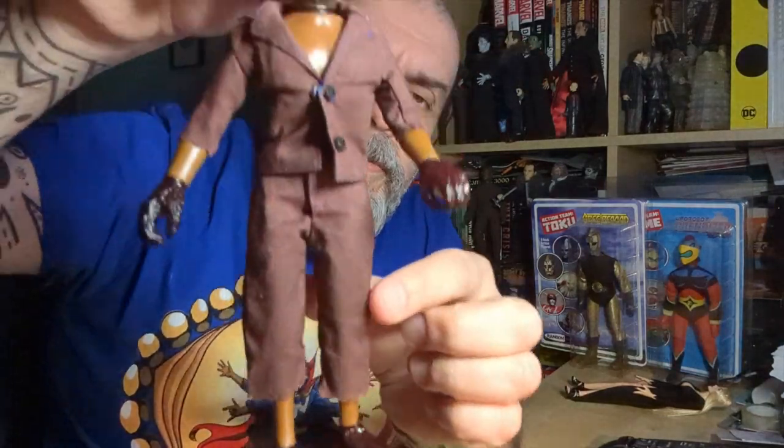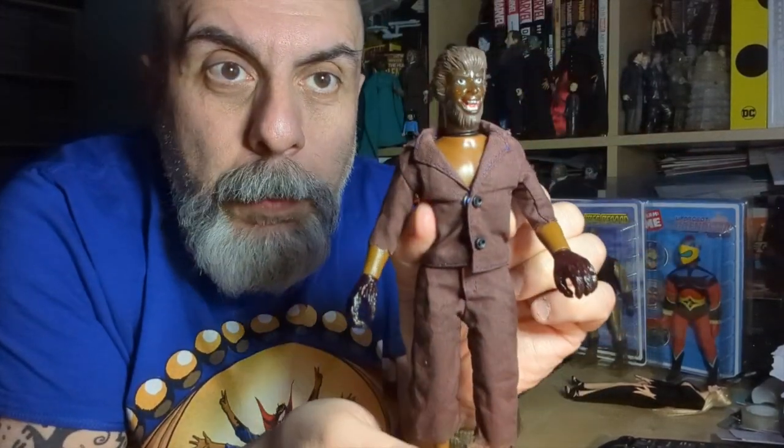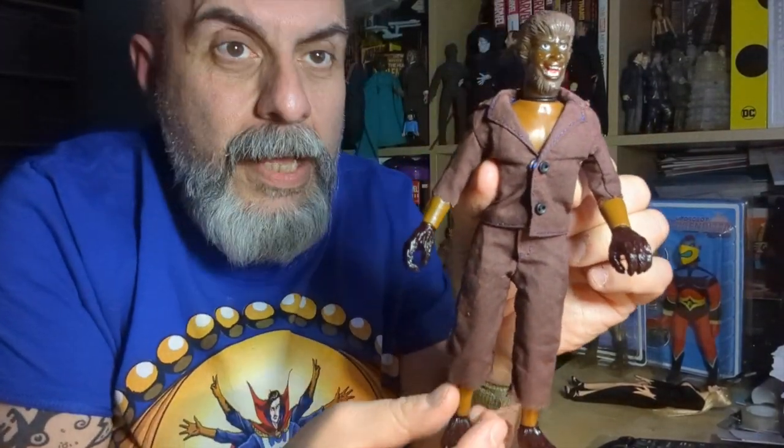It does have his little feet, and it's actually a nice figure. It looks like a bootleg figure, and that's the whole point. It looks like a cheap figure, but it's brilliant. I absolutely love it. And what they've done, and I can't open this one because it's for a friend, they've